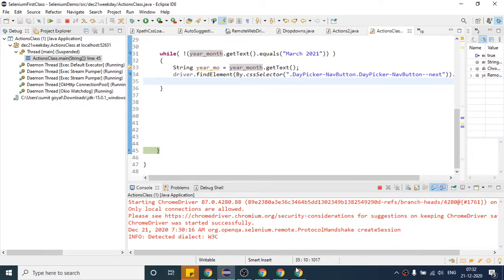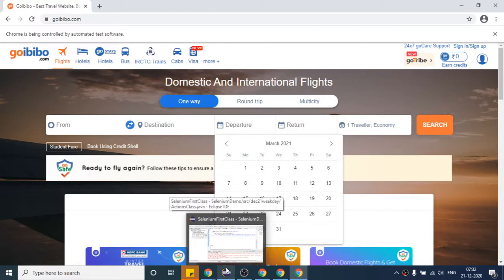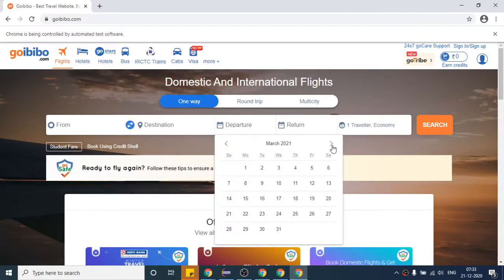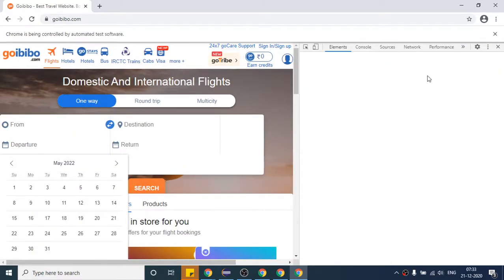But you can see that I am interested in selecting this year and month. So this is the first step I have achieved. First I will come to this. Now our next step is to click any of the dates. So this part is clear to everyone? Yes, sir. Okay. So even if I change to any other, suppose I am coming to May 2022, if I run it, our code will work fine.